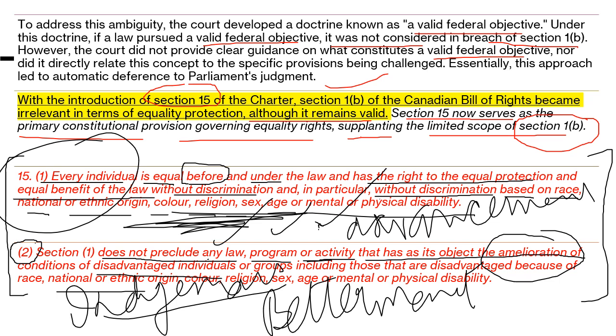Similarly, if any government is making any special provision for physically or mentally disabled people so that they could have better opportunities, or they can get better job opportunities, or there are some kind of reservations, that is only for the advancement of those disadvantaged people who are already at risk, who are already unequal based on these kinds of listed grounds. So this is the only intention behind section 15 subsection 2. You have to keep this in mind because this is very, very important.